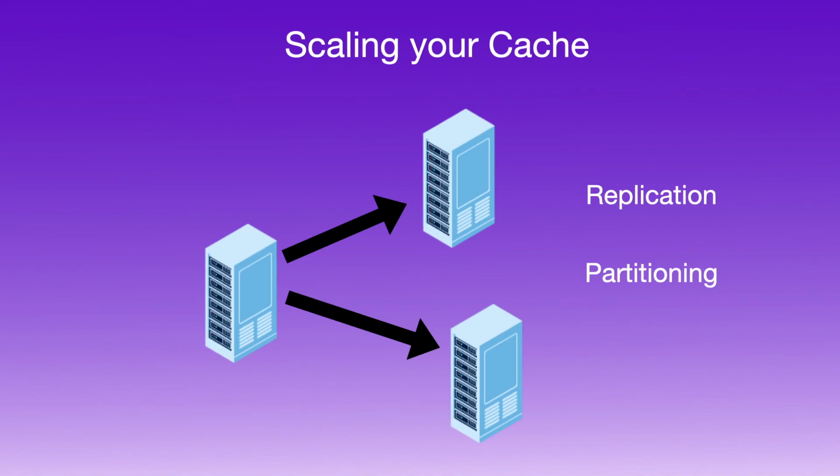We can also use partitioning in order to control how the data is distributed across the various nodes of the cluster. We have some subset of data stored on one node, another subset of data stored on the other node, and another subset stored on yet another node. In this way, we can control how the data is stored across the nodes and how many copies of the data are stored. So that is how we can scale the caching at the server level.